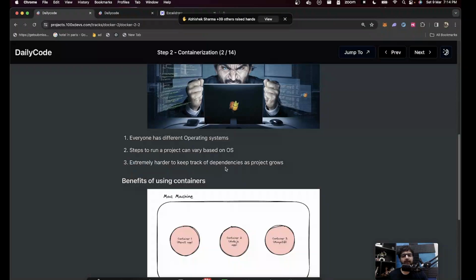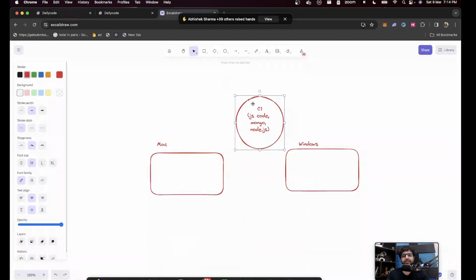It's extremely hard to keep track of dependencies as a project grows. If you're on a Windows machine and I give you a Node.js project today, and tomorrow tell you we also have a Golang microservice, and then the day after I say Rust, we have a Rust project as well, you have to install all of these on your machine. It's very hard to keep track of what dependencies you have. And let's say tomorrow I fire you from my company. It's been happening a lot now. Then you have Rust on your machine, you have Golang on your machine, and you no longer need to work on the project. It just stays there. Versus if I just gave you a container, you could simply start this container. Whenever you get fired, you just delete this container.